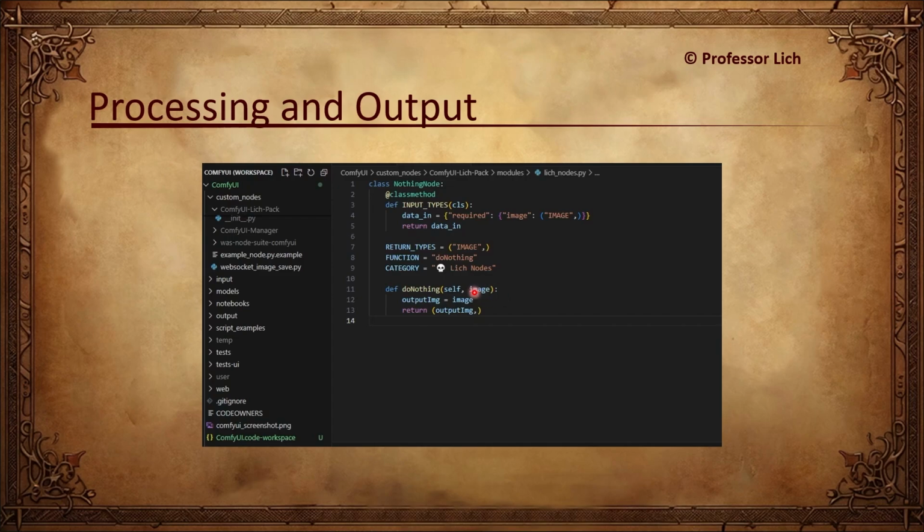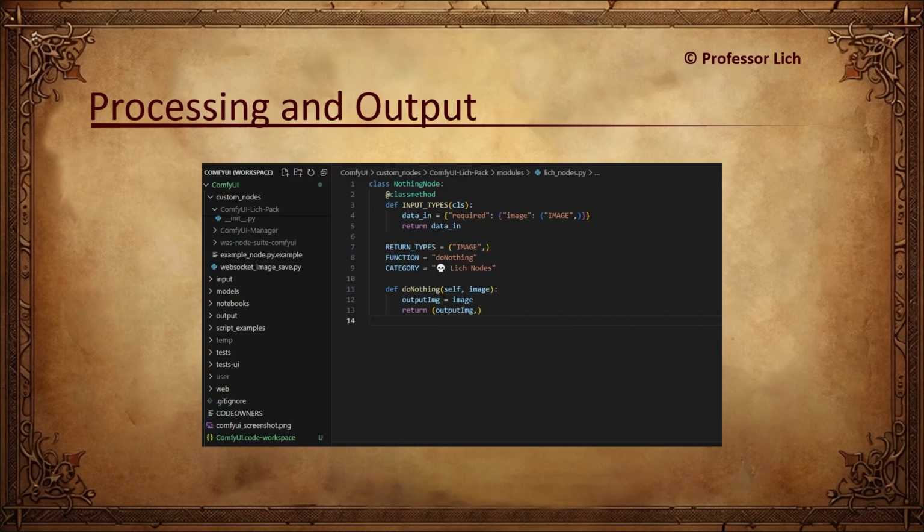Strictly speaking, this is actually a method, so this is just me being loose with the terminology. The other thing is, if you declare the return types to be a tuple that has image there, then you have to make sure that your output really is what you're claiming it to be, that the types are actually matching.